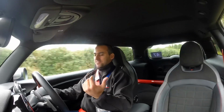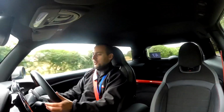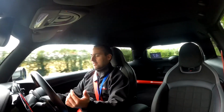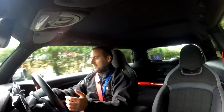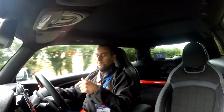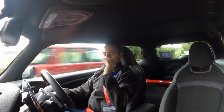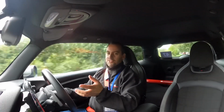That being said, at the best of times, it actually doesn't feel crazy raw. Obviously, when you floor it and drop it down a little bit, it will scramble a little bit, but soon enough, when it snatches third gear, it then gets traction. In general, it scrambles, but the diff keeps it relatively straight,